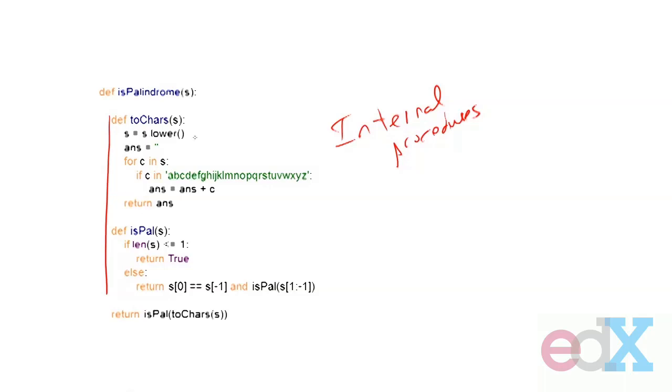A couple of things I want to point out here. The first one is right here. Here we're actually using a method of a string. We're going to come back to that later in the term. But it simply says, given that S is a string, the dot notation says get the method called lower associated